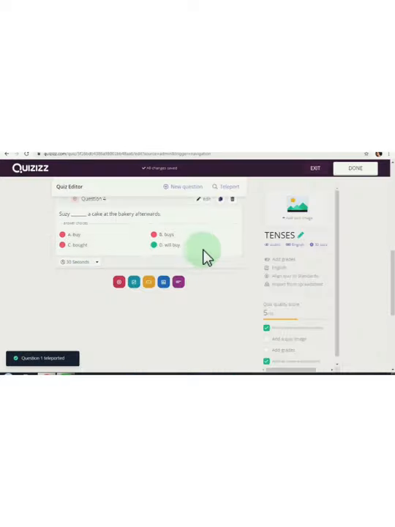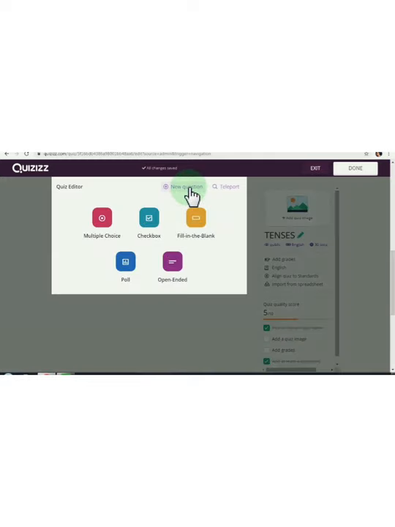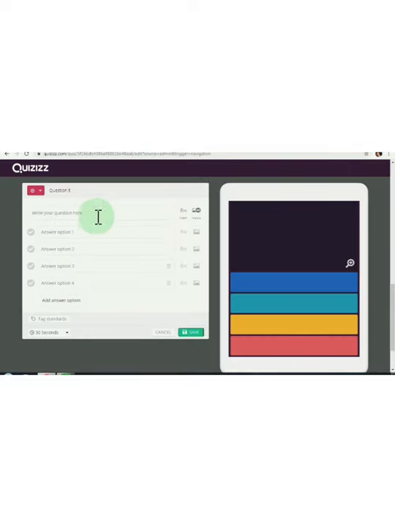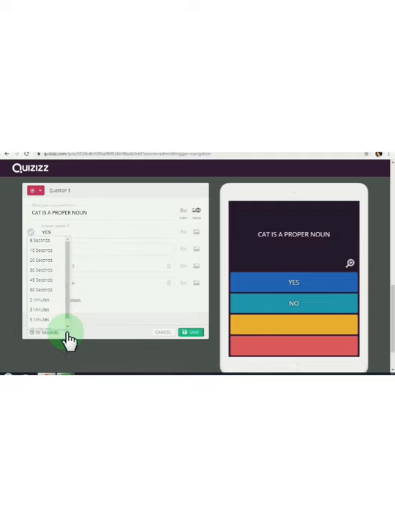Now when you come here, click here, back, you can add a new question also of your own, just like we've been adding in forms. Say multiple choice question. Now here I will type, maybe say I'm asking, cat is a proper noun, right? And the answer options can be, say maybe I'm asking just yes, no, and then below every question there will be some time given. You can increase or decrease the time depending upon which class you are conducting the exam for, and then save.